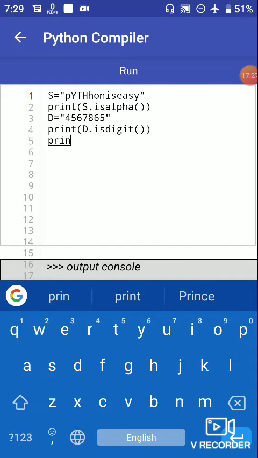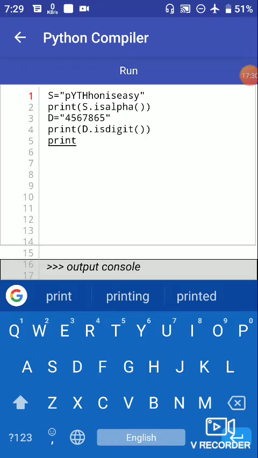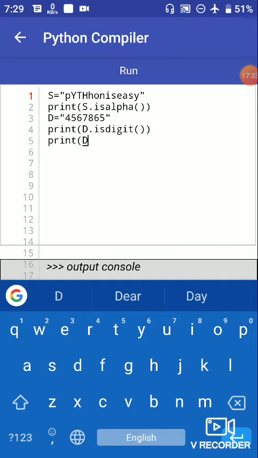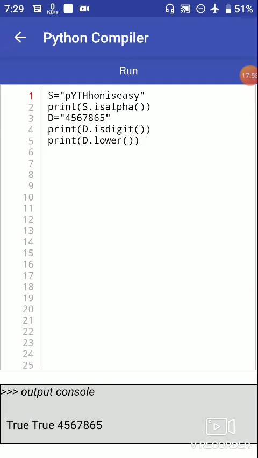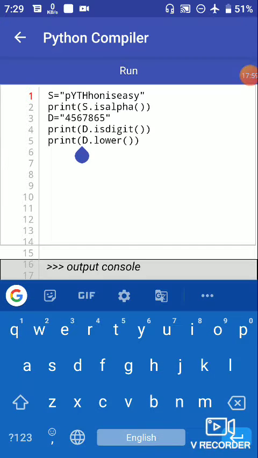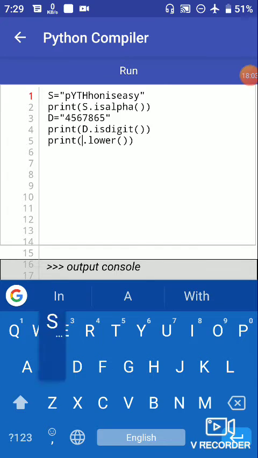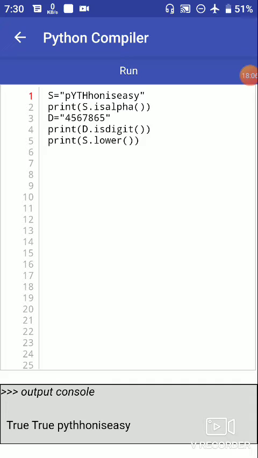So print d dot lower, and let's see what result it gives us after running this program. s dot lower, so run the program. "python is easy" is totally in lowercase, where we wrote P, T and H in uppercase.